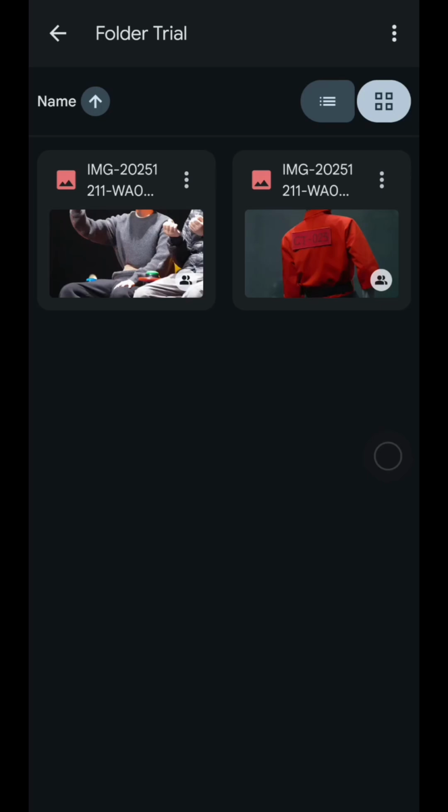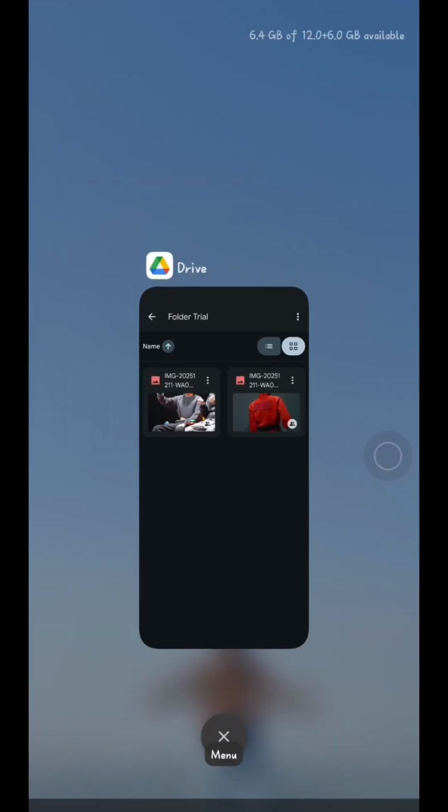And then if you still can't find it inside Google Drive, just try checking your Gmail inbox. When someone shares files or a drive with you, Google usually sends a notification email. Just open your Gmail app